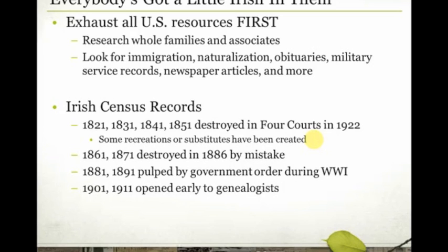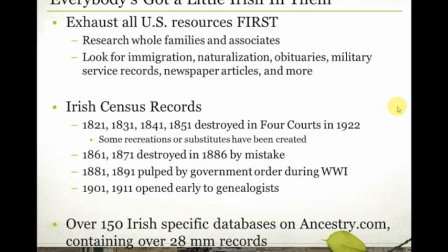Those were opened early. In Ireland, they have a 100-year privacy rule, but they went ahead and have opened those already. They have had them open for a while because specifically of requests of genealogists. And I'll show you again in a minute where to find access to those. On Ancestry.com, we have a lot of databases and over 28 million records of Irish records. And so let's just hop onto Ancestry.com right now so I can start to show you where to find some